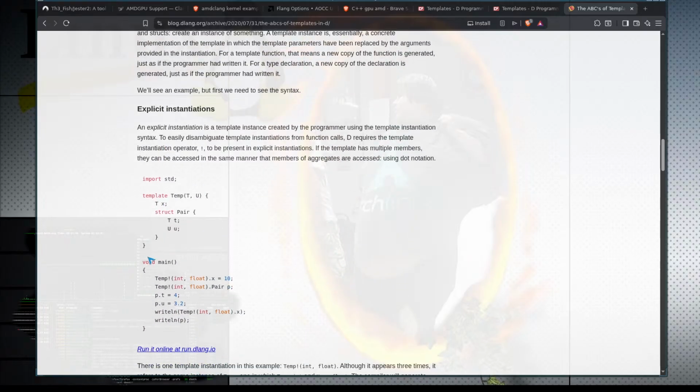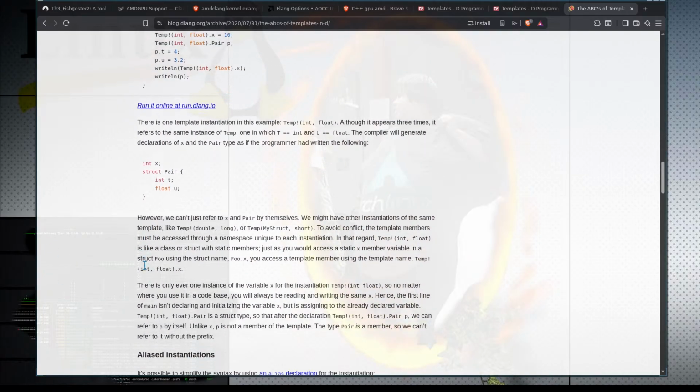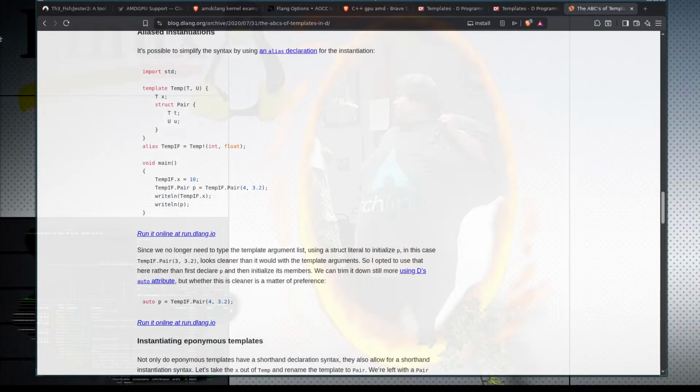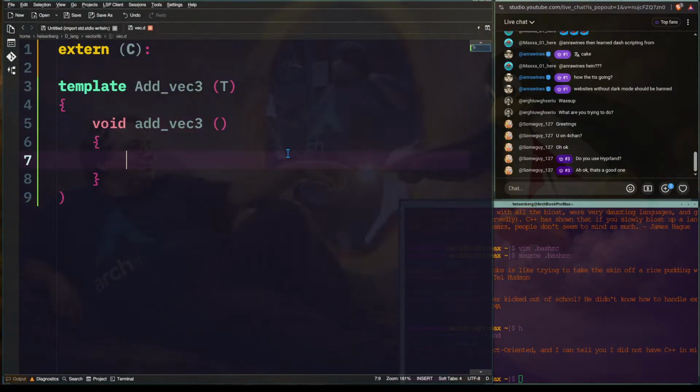Explicit instantiations. So you do this. I guess that's an explicit one. But you would alias. So like you'd do temp of int, float, or like, I see. Kind of interesting. And that's all handled by the compiler, so I don't really need to worry about it in better C, I don't think. So what you do is you would declare it with a T, and then who knows what the T is, but I guess you would call it like, if the T is